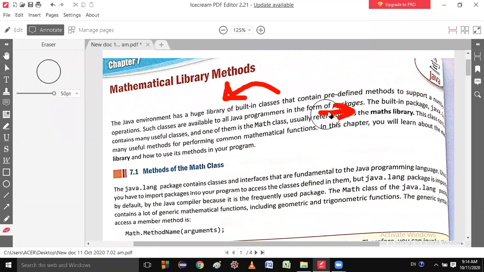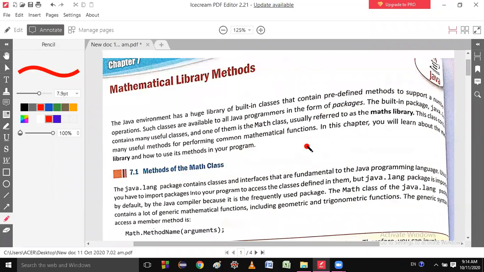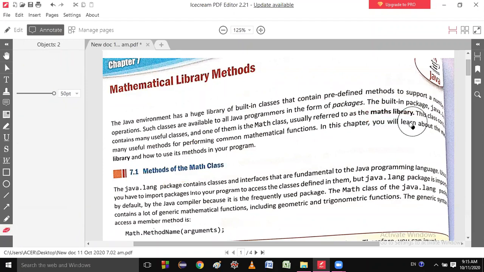That means they are basically the same thing. Among the built-in packages, java.lang contains many useful classes, and one of them is the Math class, usually referred to as a math library. Someone says that this is a math library, but basically this is a math class.